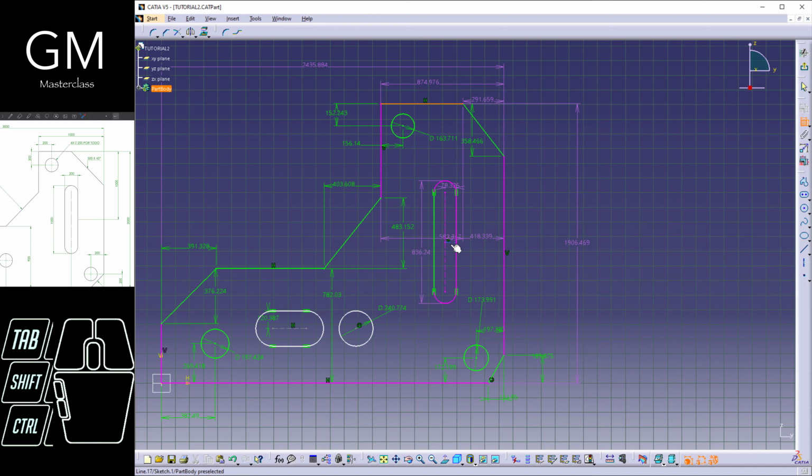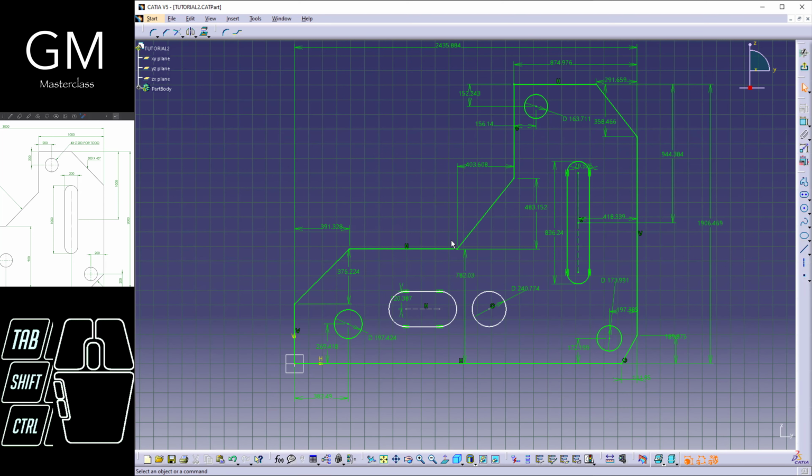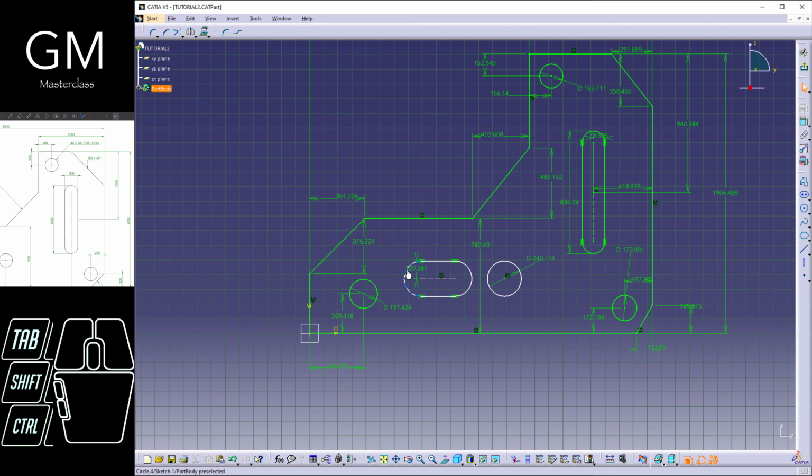Okay, now these two must be defined. Then these two, double click this and this one,